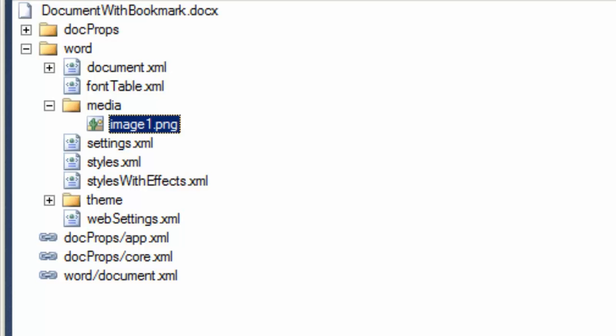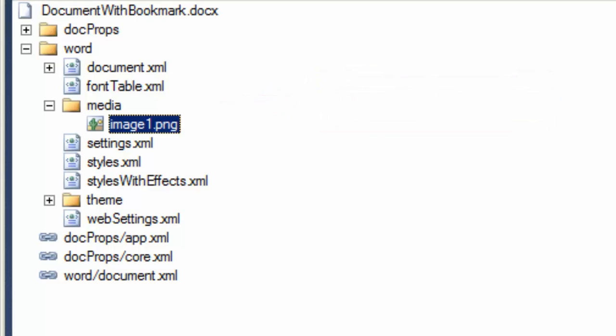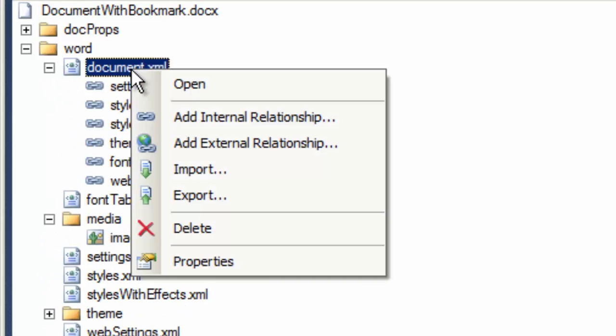I've got an example on openxmldeveloper.org that shows how to replace an image that's in a picture content control. You can find that content at this link. Now we've got that image in there, but we don't have a relationship to that image from our main document part. So what I need to do is go over to document.xml and add